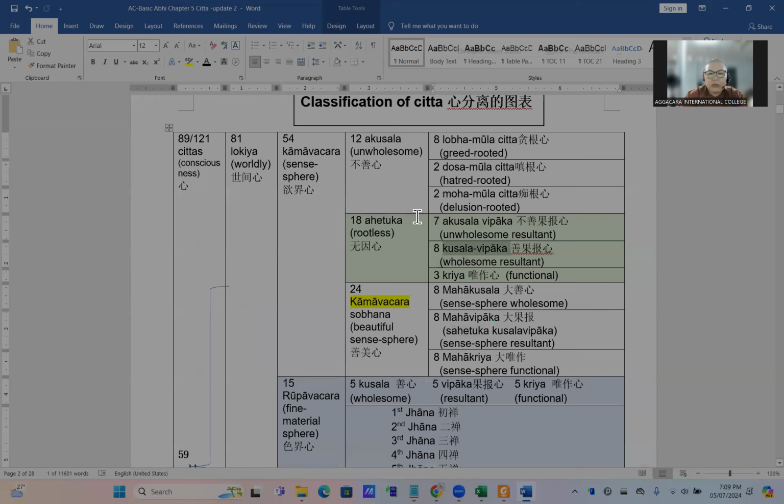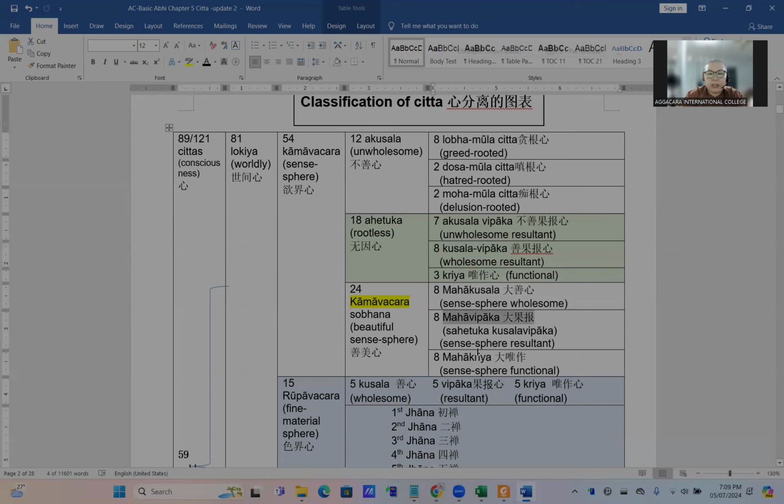All right. On the Ahetuka, this is under Ahetuka Kusala Vipaka. Rootless, wholesome resultant. So to differentiate from this one, the one in 24 Kamavacha is called Sahetuka. Means with the root, wholesome root, okay, non-greed, non-hatred, non-delusion. And then kusala vipaka. So very simple. Every time when you do kusala deeds, it is under this Citta kusala mahakusala, and it gives result in the mahavipaka,